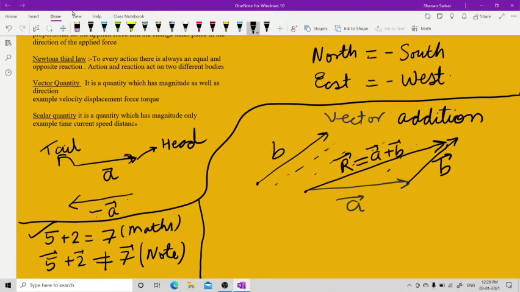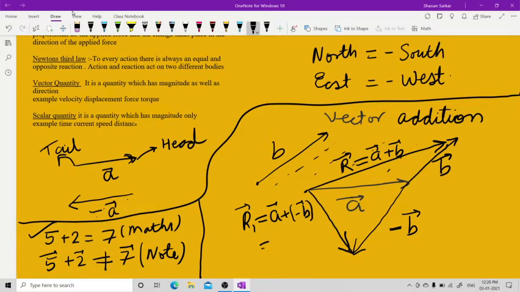Now, this is the way we will add two vectors. Now, suppose I want to subtract B vector from A vector. What I'll do is that I'll draw a line in this direction. This is minus B, because I told you here that if you put a minus, the direction of the vector changes, and this vector is like this. Now the resultant, let us call this R1, is drawn from here to here. This is R1 vector, which is basically A vector plus minus B vector. And then you will write A vector minus B vector.